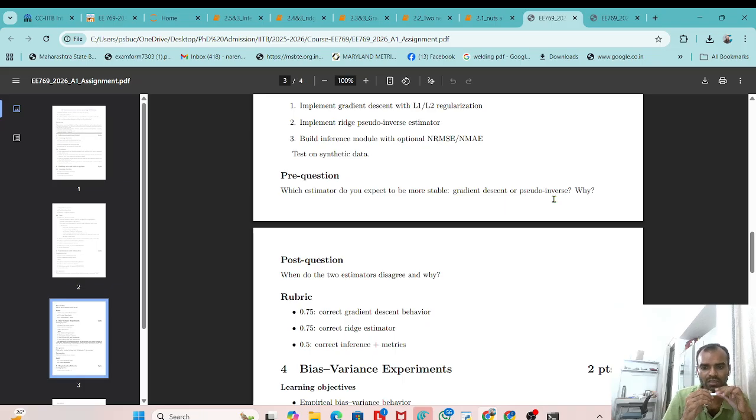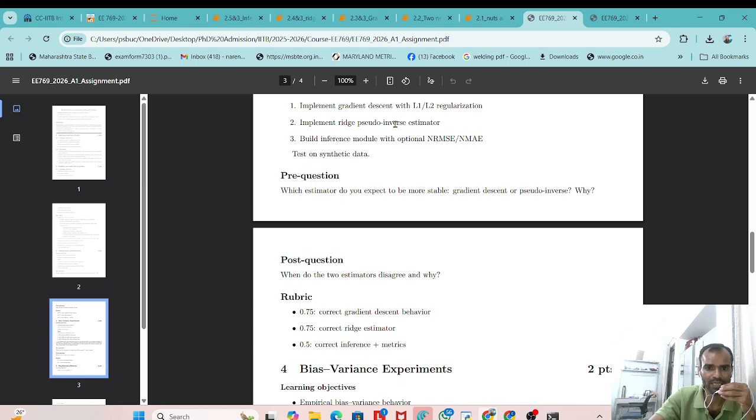If it is ill-conditioned, the eigenvalues are very small, so the weights will be huge, even for small noise. The assigned weight will be very large, so that will arise. So we will get an unstable model here. When we are using gradient descent, we are getting stabilization, we are moving towards stabilization, and by using ridge and pseudo inverse, we have seen how we get the stability